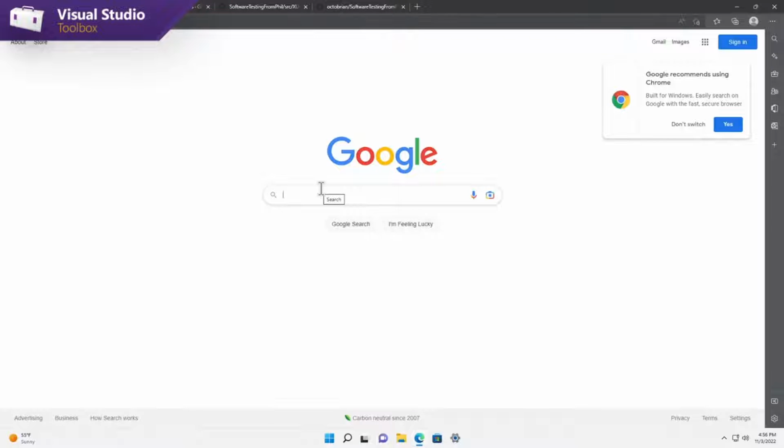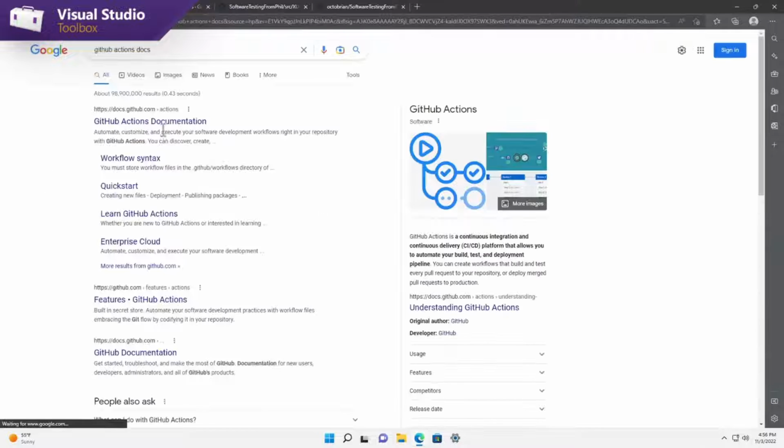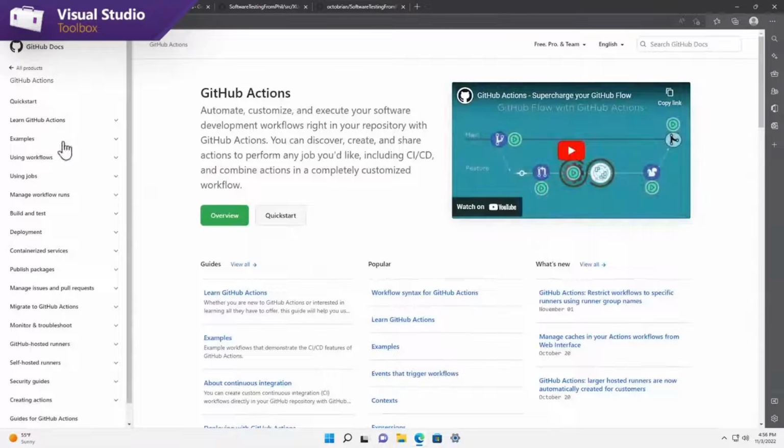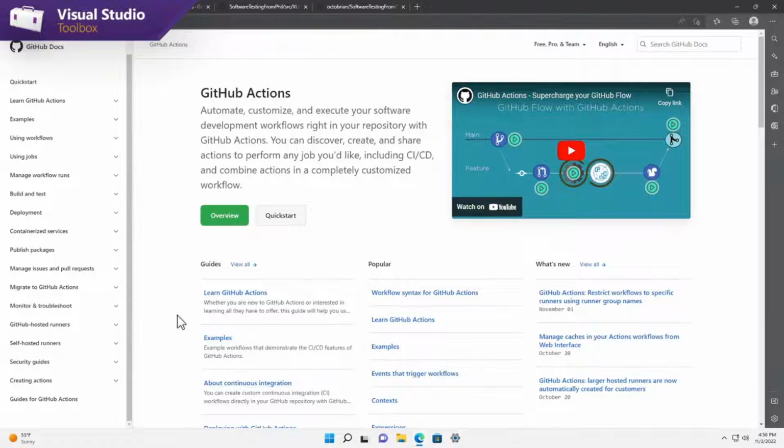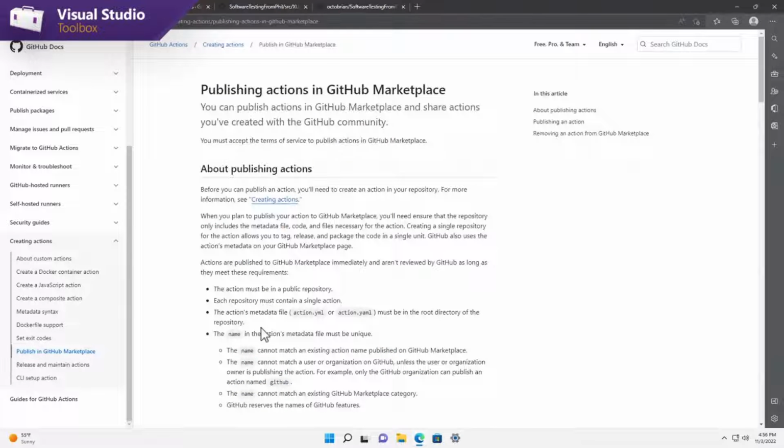We'll look for GitHub Actions docs. You'll find that the docs are really wonderful. They cover all the good stuff here: how to learn, examples, using, publishing, etc. All the way down at the bottom, there is creating actions, and this will cover how you build a custom action and how you publish to the GitHub Marketplace, which is free.